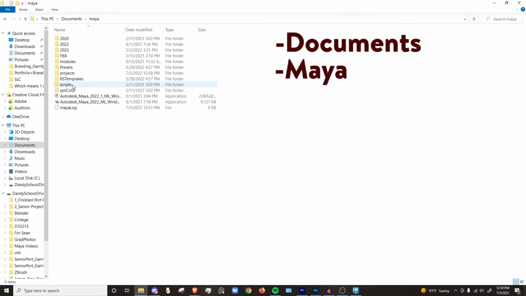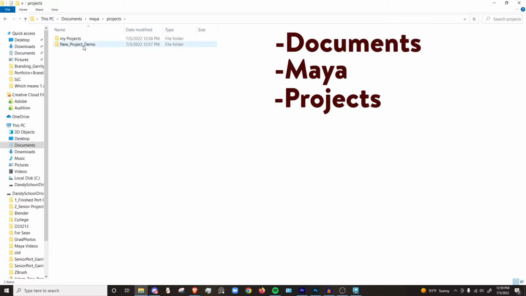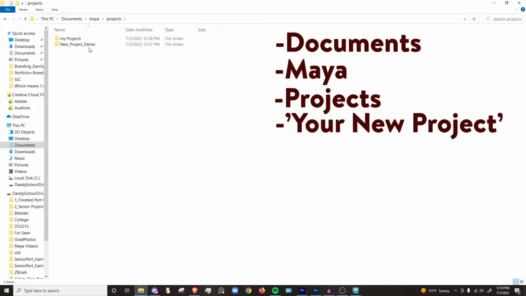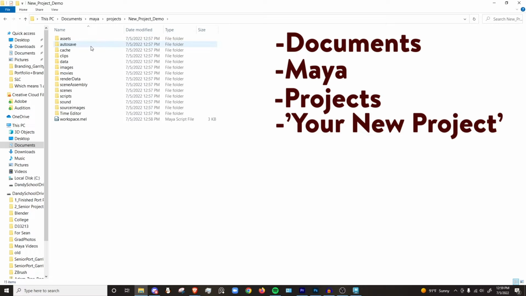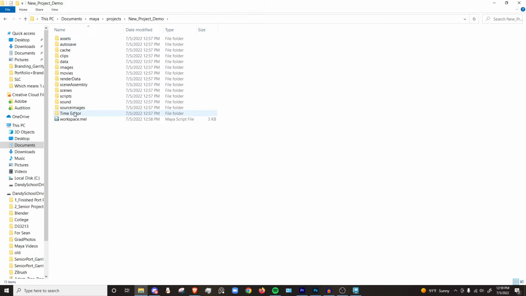Right here we see Maya. We're going to click on Maya, and then under Projects, we should see that new project demo that we just created. We're going to open that up. And this, you see, is all of those names that we saw for those file folders that it said it was going to make when we accepted it. So, the file has been made,